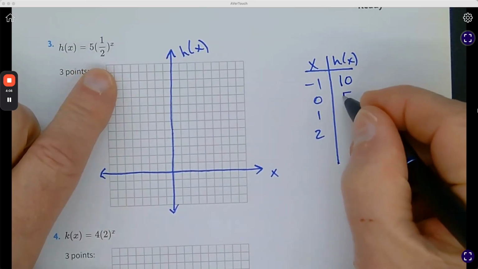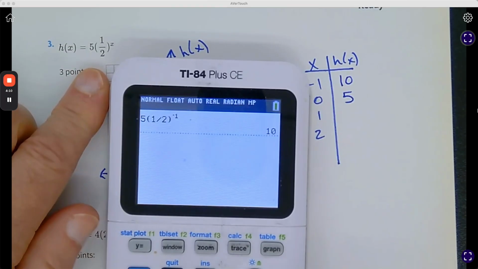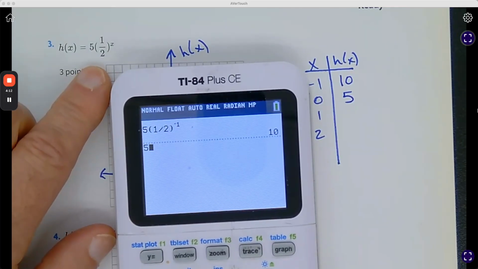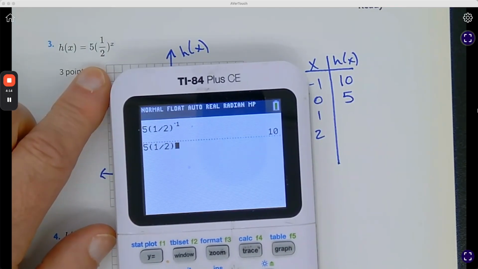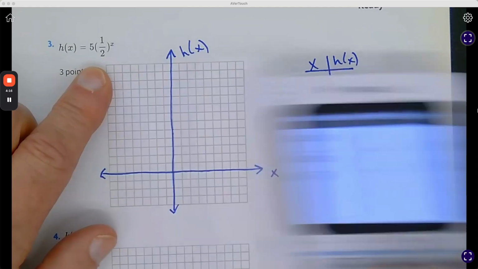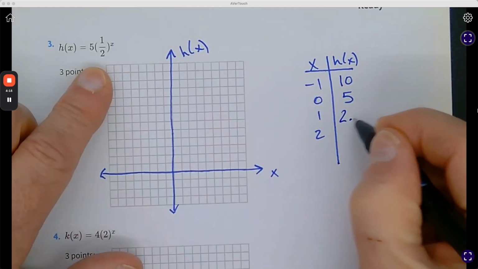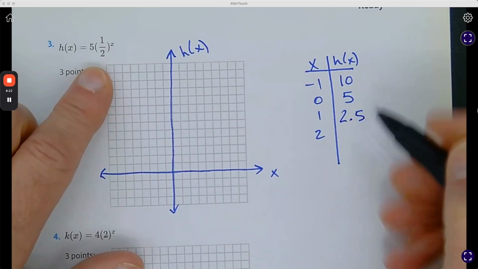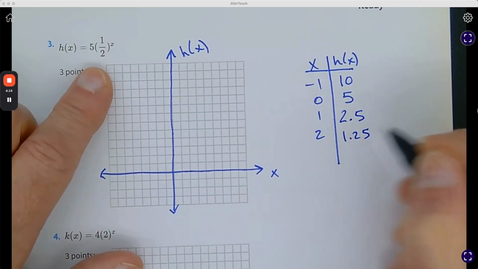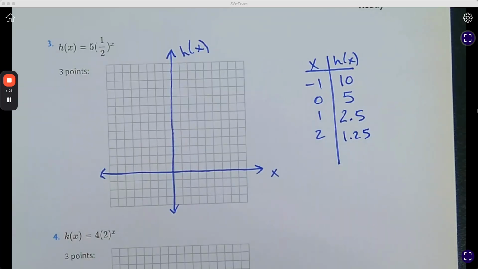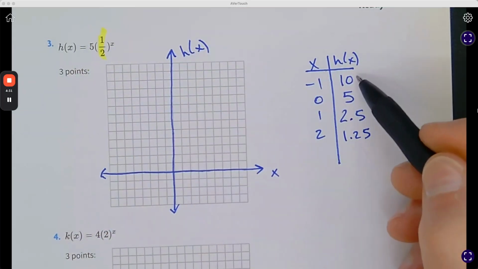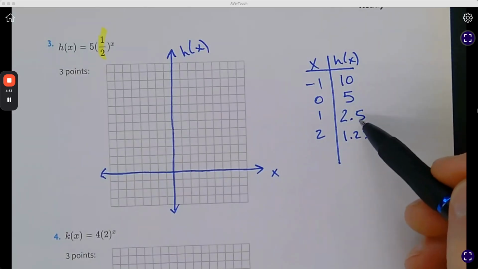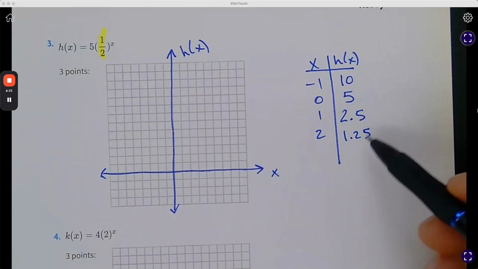0 is going to give me 5. I know that because that's my initial amount. Exponent of 1 is going to give me 2.5. Notice how we're decreasing by a half, decreasing by a half, because that's that common multiplier right there. 10 times a half, 5. 5 times a half, 2.5. 2.5 times a half,